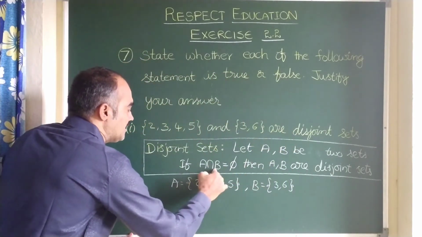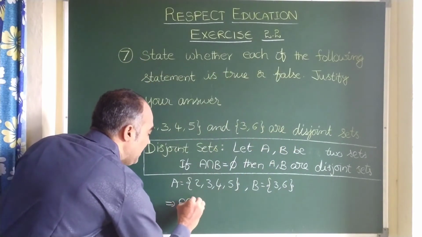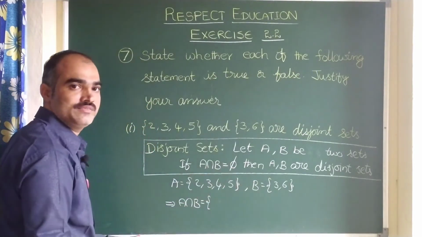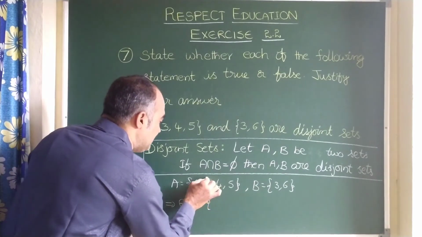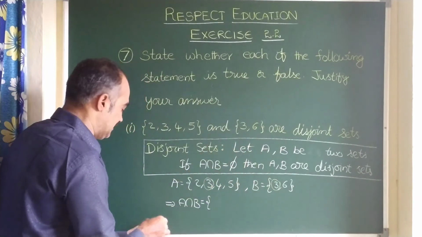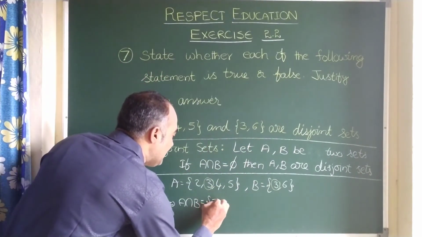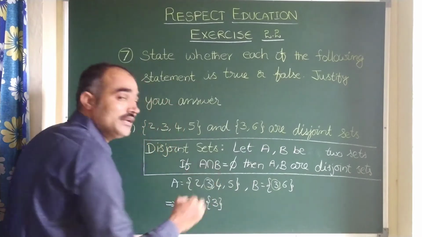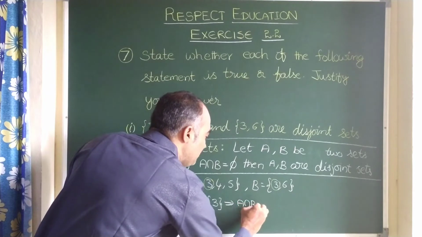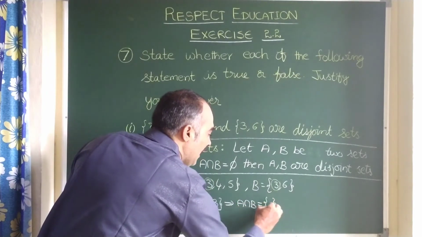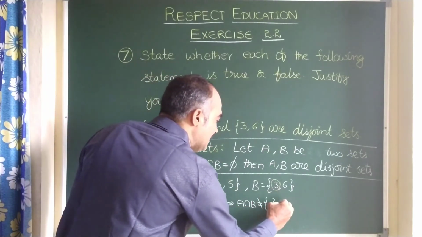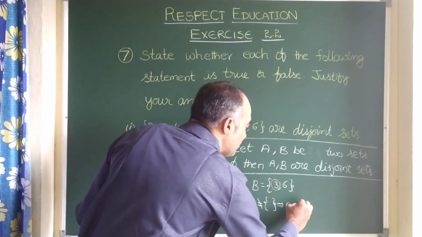Let us find A intersection B. A intersection B means we need to pick up the common elements. Here you see 3 is there in A, 3 is there in B. That's all, only 3 is there, right? So here A intersection B, we got an element. That means here you observe, children, A intersection B is not an empty set. Say I kept not equal to. If it is the empty set, that means here, for your understanding, I am writing one more step also.